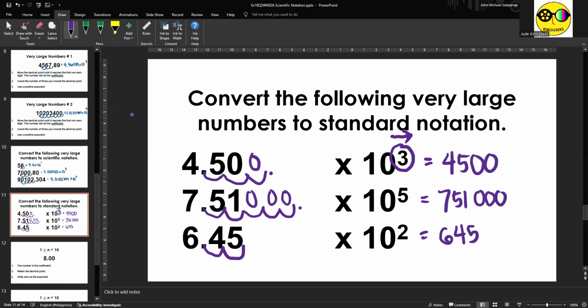So you might be wondering, why is it in the first two examples, we have a lot of zeros at the right side, but on the third example, we don't have any zeros. You will only have multiple zeros at the right side of the number if there are vacant or blank spots or spaces. Tsaka lang kayo maglalagay ng zero. Hindi natin kailangan maglagay ng zero sa third example because the decimal point ended up after number 5. And wala namang blank or vacant spot afterwards.